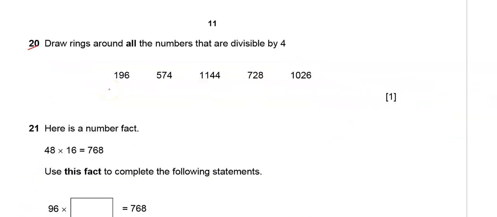Okay, question number 20. Draw rings around all numbers that are divisible by 4. Numbers that are divisible by 4 are 196, 144, and 728. You can try 196 divided by 4, 19 for